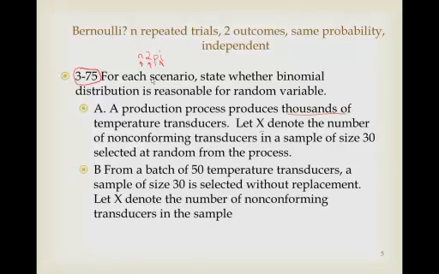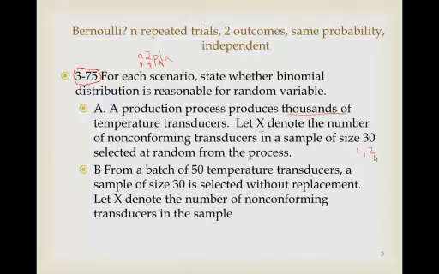And likewise, once we pick one transducer out, it's going to be pretty much independent from the next. Let's say we pick transducer number 1, then we go and pick transducer number 2. Because we're picking from thousands of different ones, it's very unlikely that they will both be affected by the same